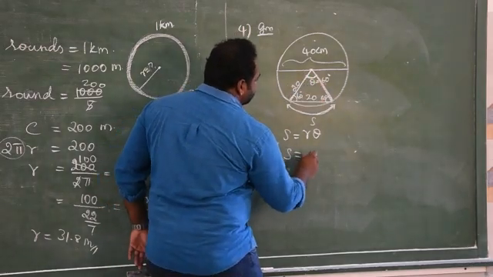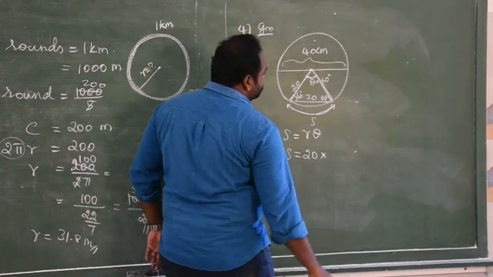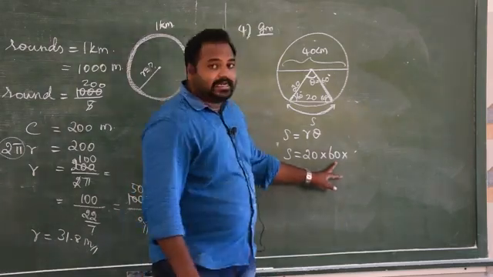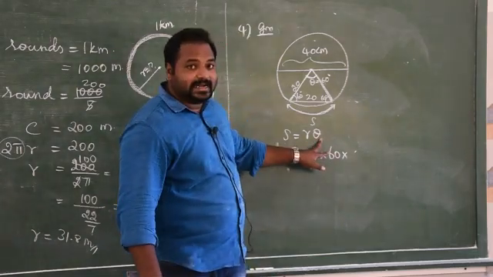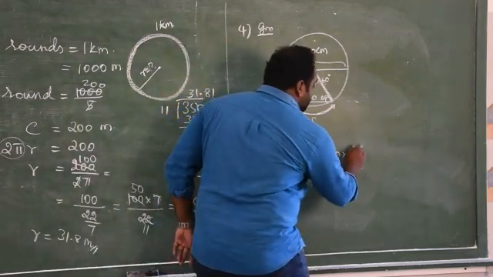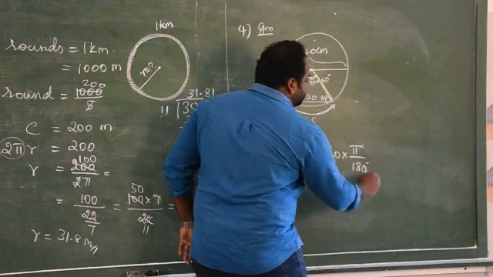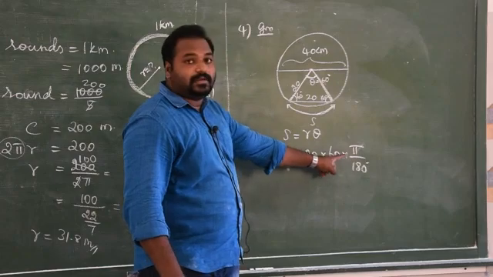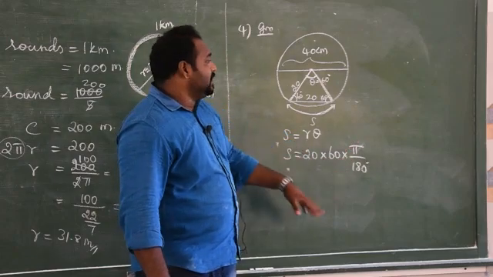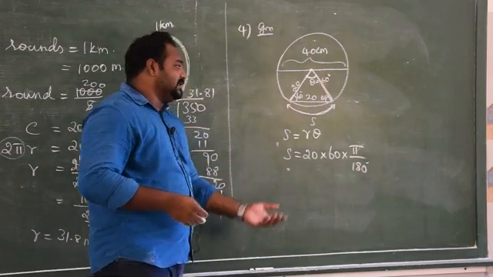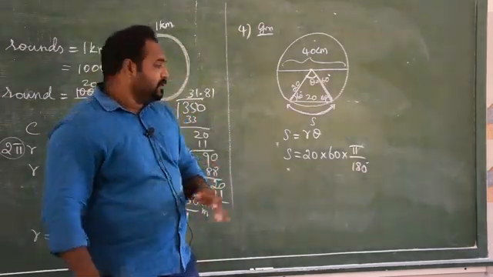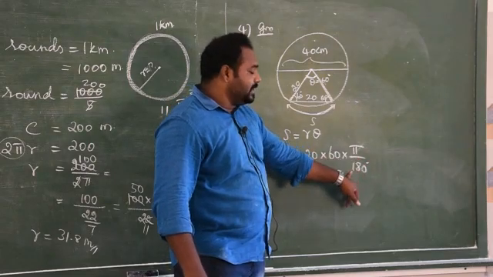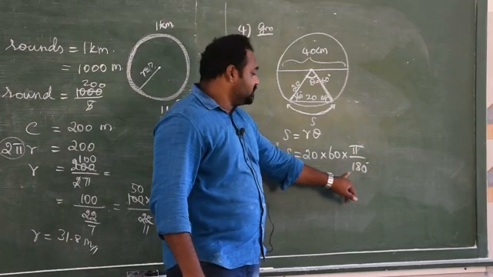So here S equal to 20 into 60 degree. Actually, we cannot give degree directly, theta must be the radian value. So we have to multiply with pi by 180. Just keep that in your mind always in all the problems. When you take theta as degree, we have to multiply with pi by 180. If some problem is asking to give the answer in degree, at that time we have to convert into degree. So here instead of the degree value, I am giving 60 into pi by 180, in the radian measurement.